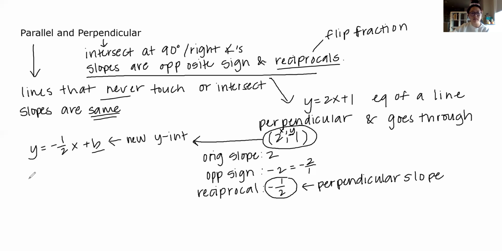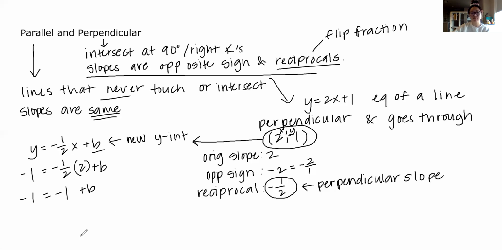So my y becomes -1, my -1/2 is my slope, my x becomes 2, and I'm solving for b. Now I have the fraction -1/2 multiplied by 2, and that ends up being -1